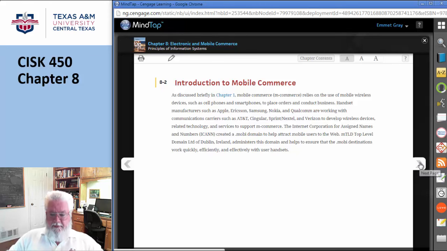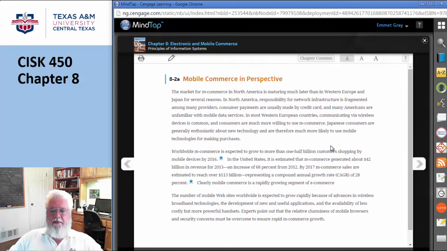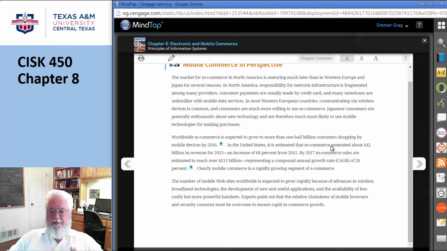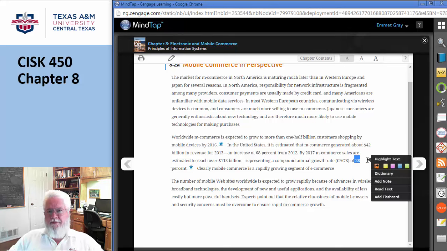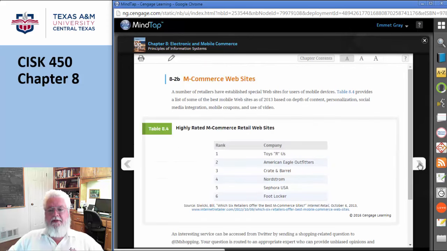One of the things they talk about is the annual growth rate. I mean, this is kind of amazing. They talk about a 28% annual growth rate on the amount of work that gets done over a mobile device. And so clearly, if you're in the web business, you need to be spending one heck of a lot of time making sure that your website is mobile friendly. Okay, cool. The next section talks about the